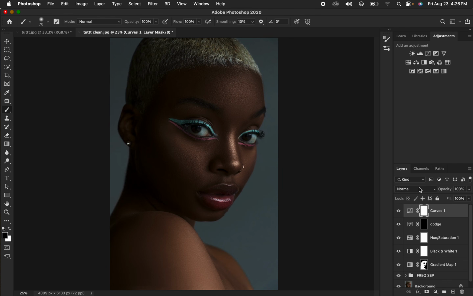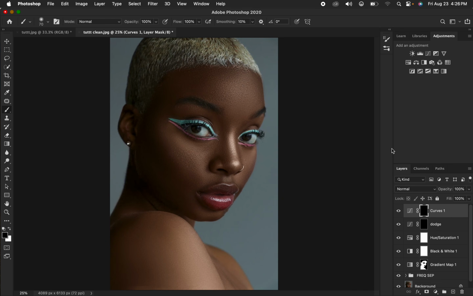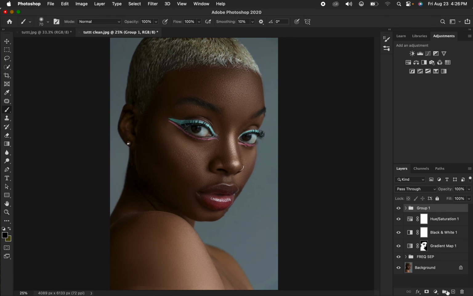With this selected, press Ctrl I, or you can use Command I, and you can double click and name that "burn." So after creating those, you can put them in a group, and you can name that group "dodge and burn," so that you can be organized. So after doing that, you're going to open up the group